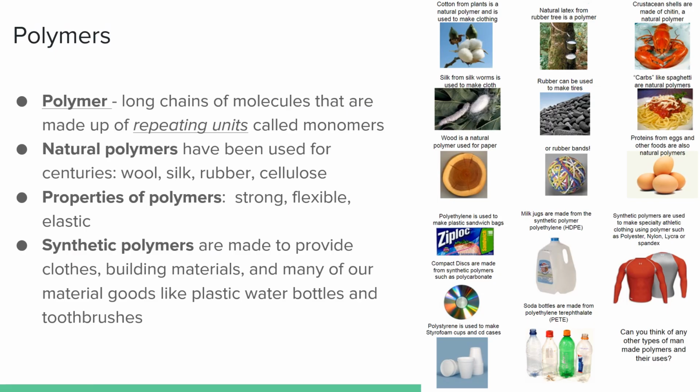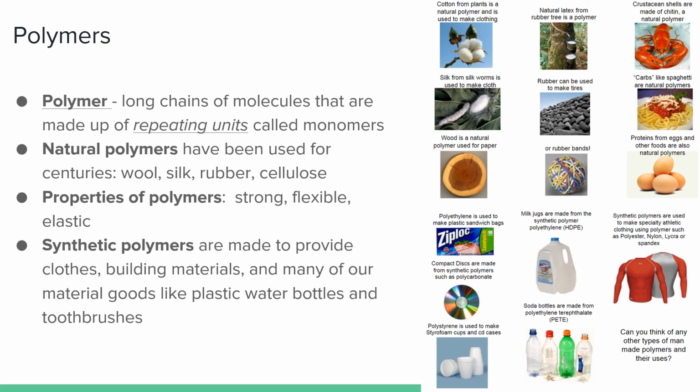Polymers. A polymer is a long chain of molecules that are made up of repeating units called monomers. Natural polymers have been used for centuries: wool, silk, rubber, cellulose. Properties of polymers are that they're strong, flexible, and elastic. Now, synthetic polymers are made to provide clothes, building materials, and many of our material goods like plastic water bottles